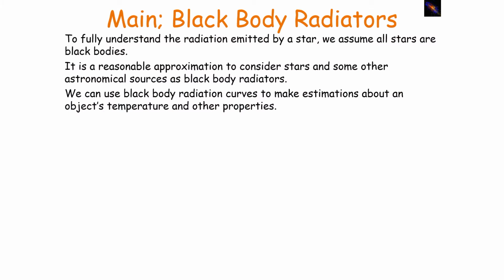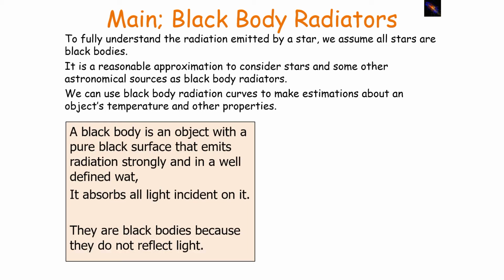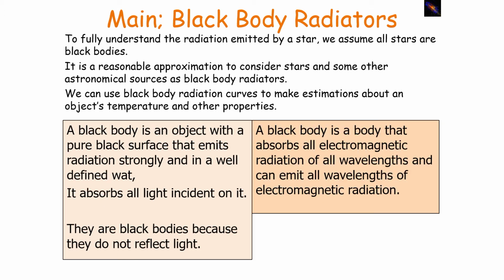So to fully understand the radiation emitted by a star, we assume all stars are black bodies. Now it's a reasonable approximation to consider this particular idea. Now a black body is an object with a pure black surface that emits radiation strongly and in a well-defined way, and it absorbs all the light incident on it. Now they are black bodies because they do not reflect light. So a black body is a body that absorbs all electromagnetic radiations of all wavelengths and emits all wavelengths of